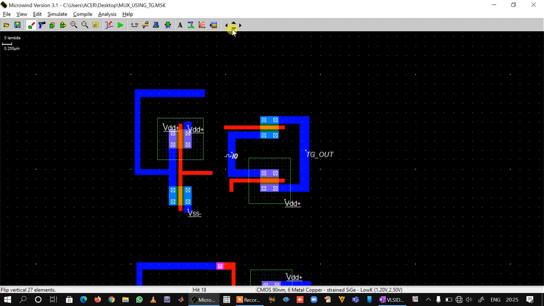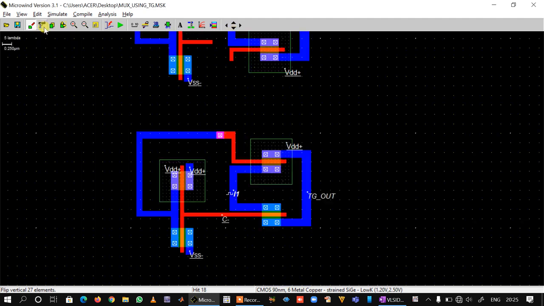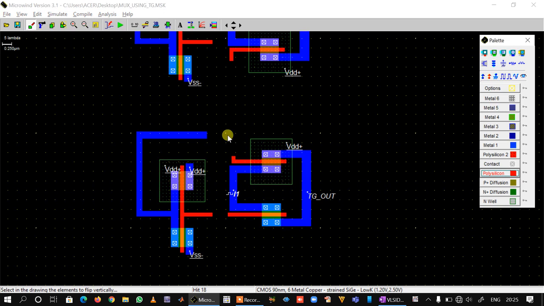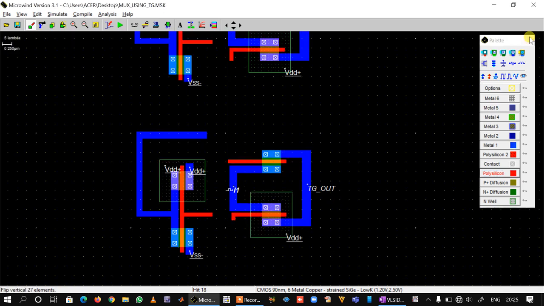We will want to do the same thing again for the lower transmission gate. We'll again put cuts here. Put a cut here, and we will say edit, flip and rotate, flip vertical, and flip it.